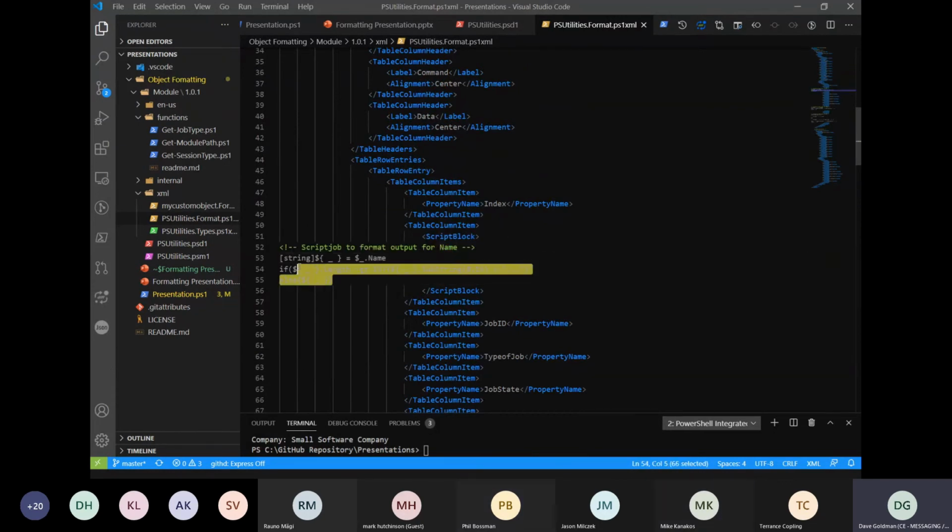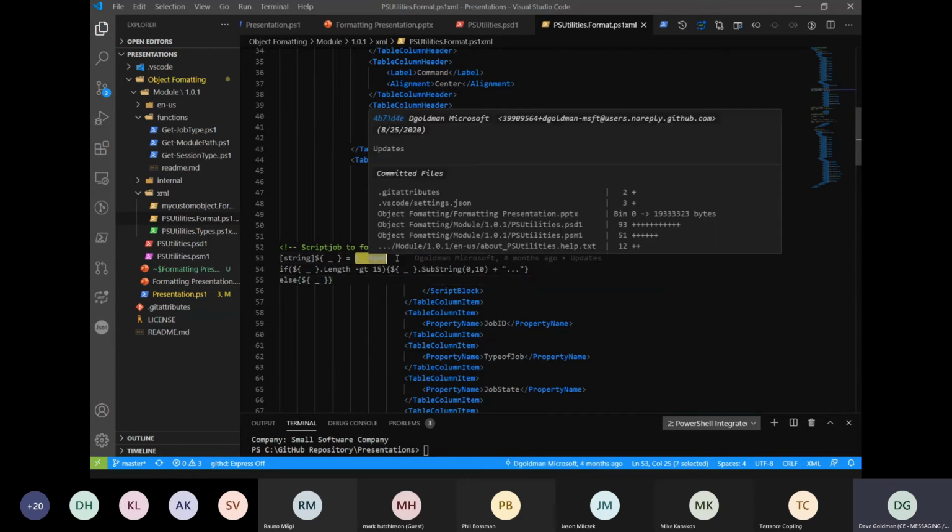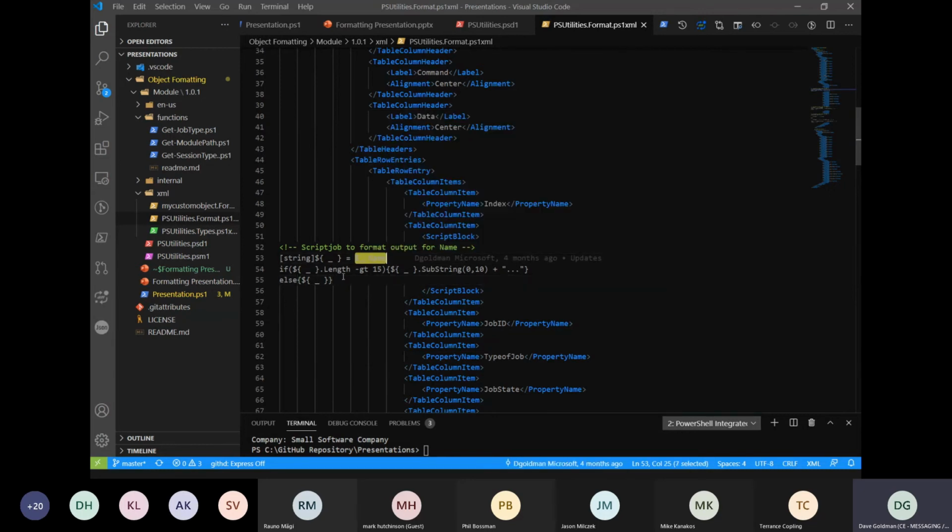And so this is where I'm using that script block. When we do the format, we look at this table column and we go, hey, there's a script block here. What are we doing? I'm basically saying, take the name, and in my case, if the length is greater than 15, then chop it down to construct a smaller view and just put ... on it.